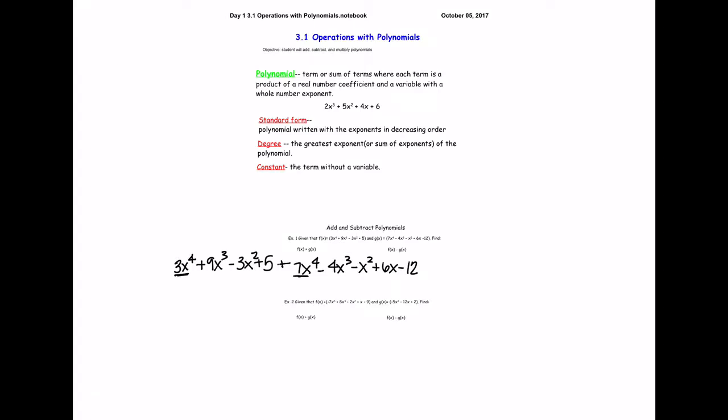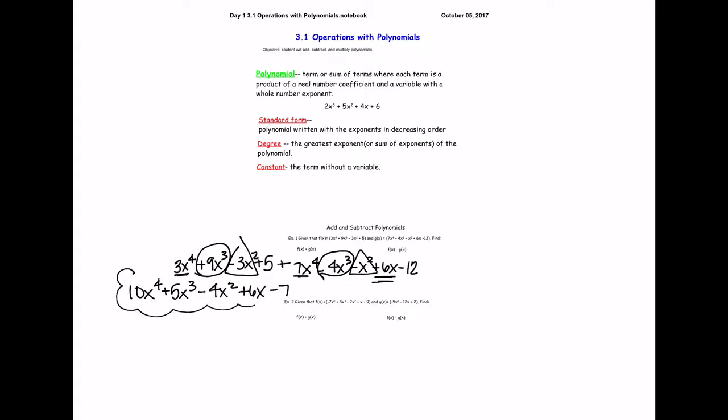The 3x to the fourth plus 7x to the fourth is 10x to the fourth. Positive 9x cubed minus 4x cubed leaves us with positive 5x cubed. Negative 3x squared minus 1 more x squared is negative 4x squared. 6x doesn't combine with anything, and 5 minus 12 is negative 7. You can see that we wrote our polynomial in standard form by starting with our highest exponent and ending with